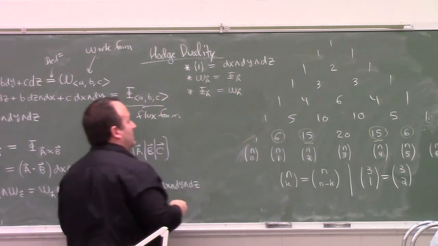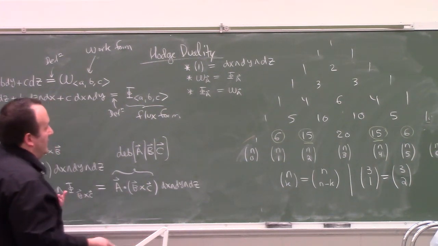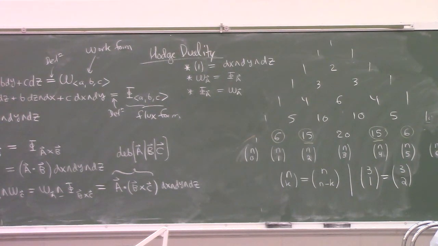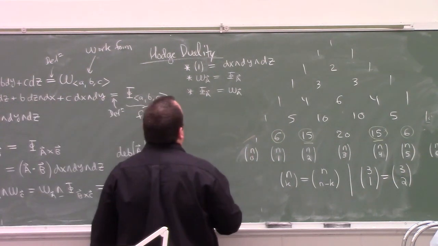So Hodge duality trades a p form for an n minus p form. It takes a 0 form to a 3 minus 0, 3 form. It takes a 1 form to a 3 minus 1, 2 form. It takes a 2 form to a 3 minus 2, 1 form. This is how Hodge duality works in 3 dimensions. So with Hodge duality, you could write additional formulas. You could actually write a formula for the dot product using Hodge duality. Like, I could write, well, anyway,